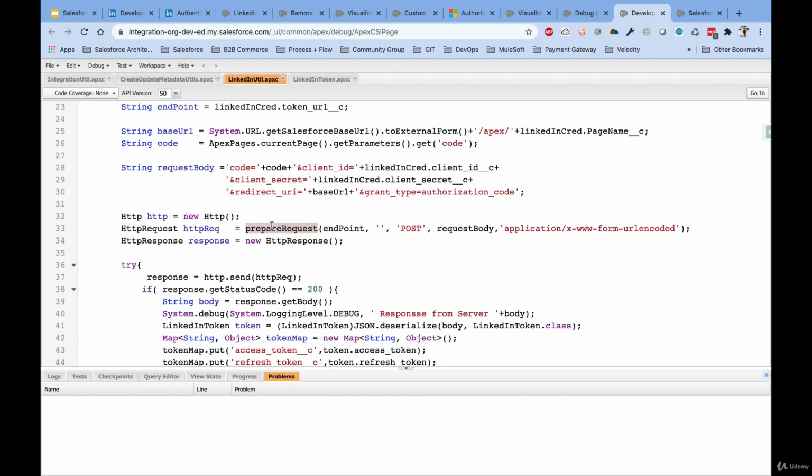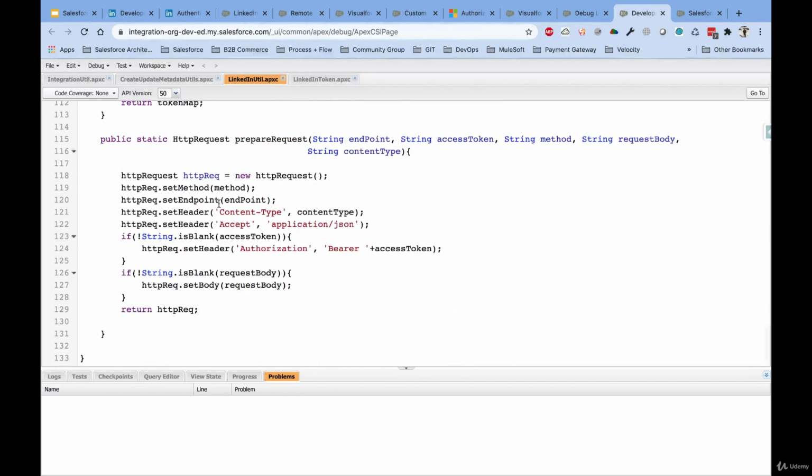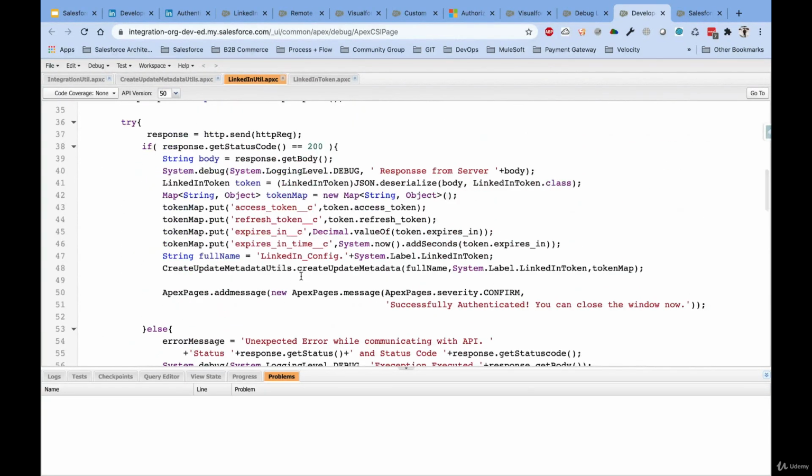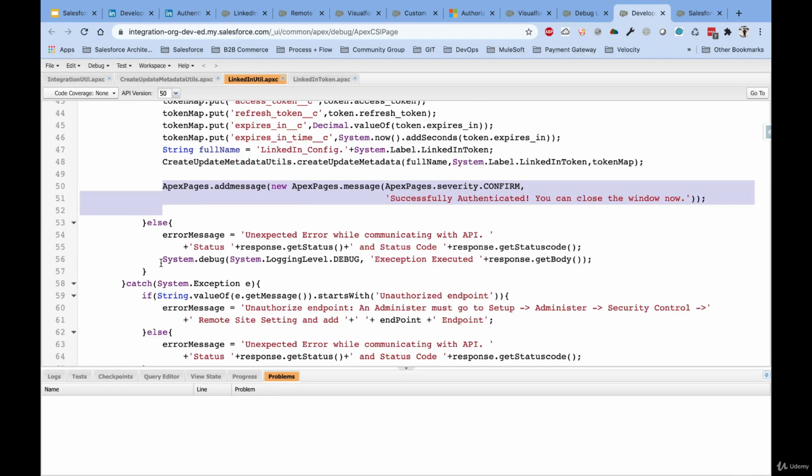So let it be like this. And then again, like every integration, we have one helper method, which is prepare request, accepting the same number of parameters over here. That is on the bottom of the class, prepare request, preparing the request, returning us the object of HTTP request. And then at the end, it is just giving us some sort of success message if there is any success, and it will